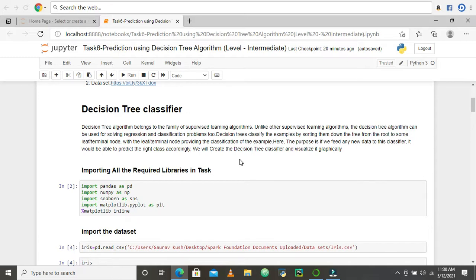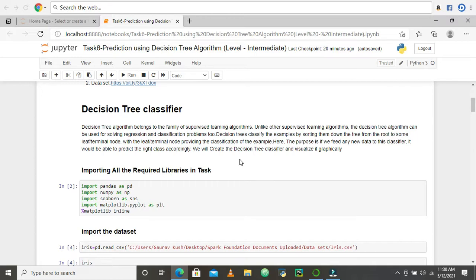Actually, the decision tree algorithm belongs to the family of supervised learning algorithms. As we know, there are two types of learning, supervised and unsupervised, and the decision tree is in the category of supervised learning algorithms. It can be used to solve both regression and classification problems.